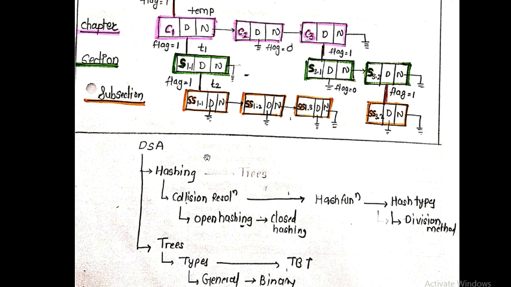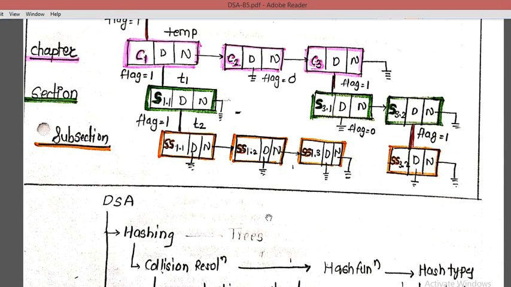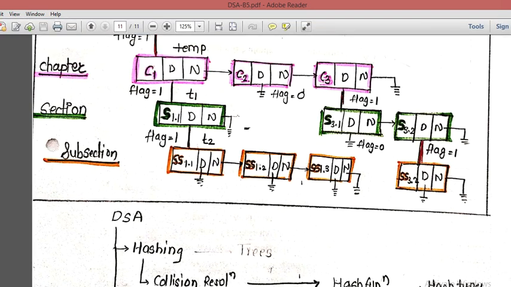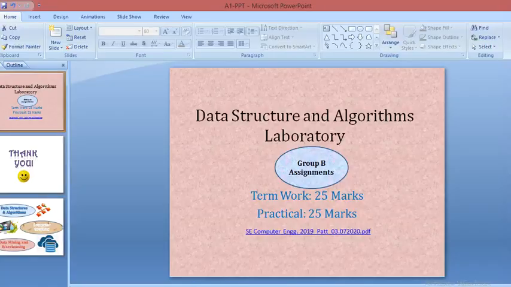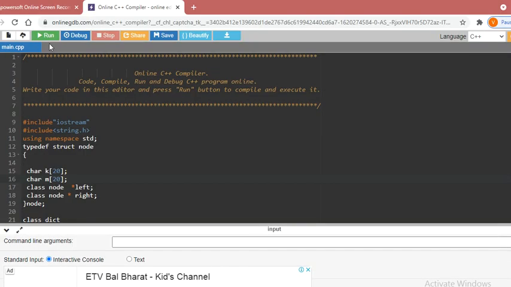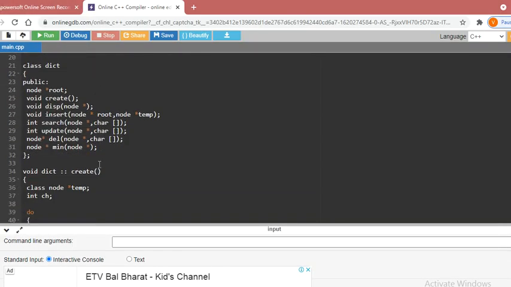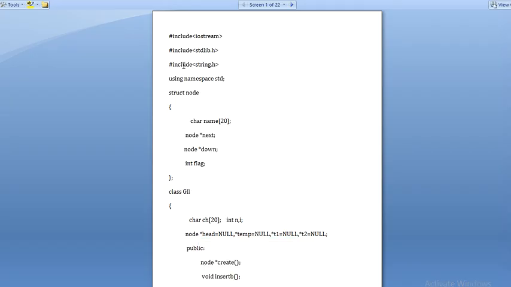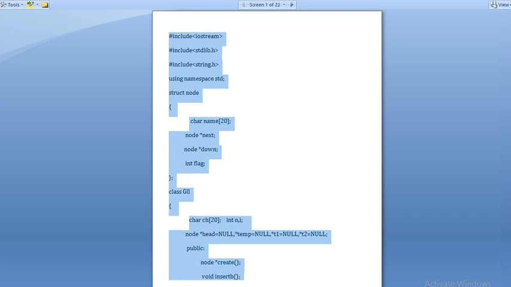So let's start the execution of this program. We are going to execute it on the online compiler. This is my program, so I will copy it.